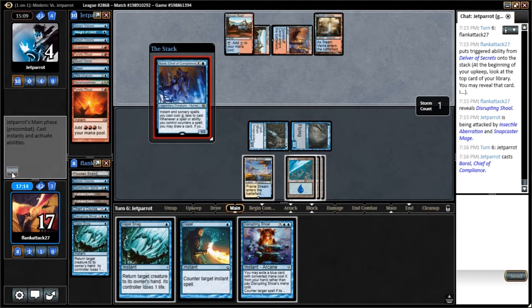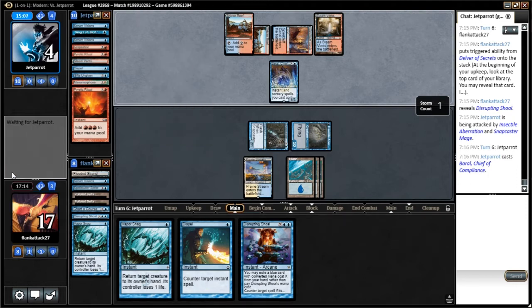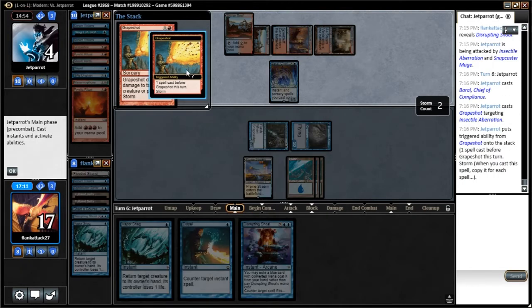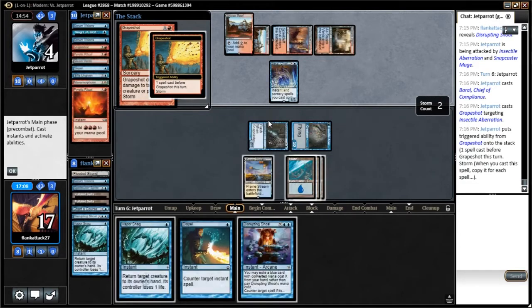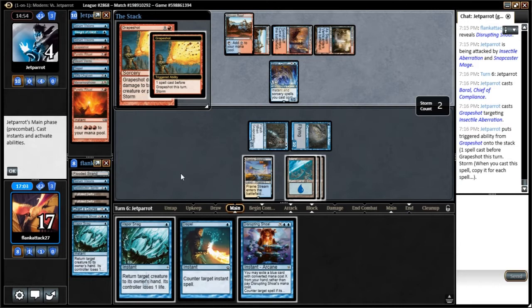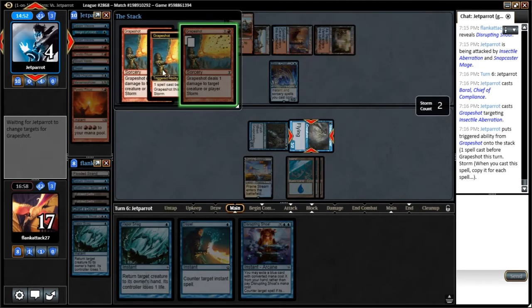Baral. That's fine. In response to our opponent's first Ritual, we will probably Vapor Snag the Baral. Okay, our opponent's just going for Grape Shot here, targeting the... All right, so we can make a kind of cool play here. So this copy...